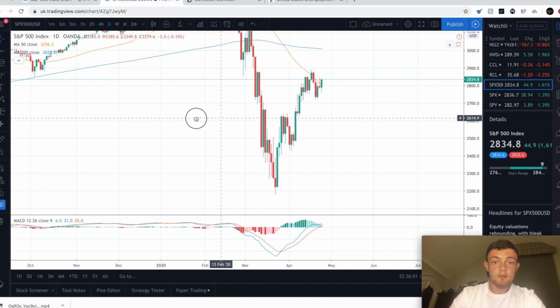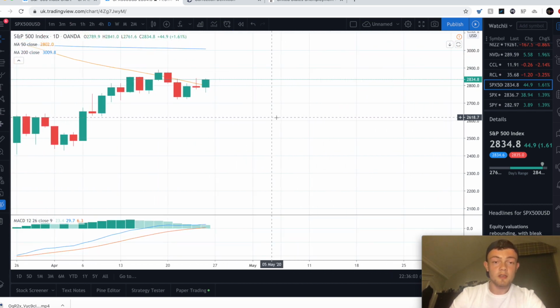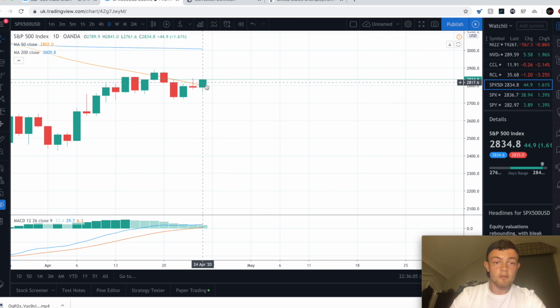Now this is what we may see at the start of this week. We have closed above the 50 moving average. We may see a further small red or green candle for Monday, and then we will likely see a retest of this 50 moving average back down, and if we manage to close below it, then it was a bluff, it was a fake out. However, if we do bounce off of this 50 moving average, then this is a serious consideration of